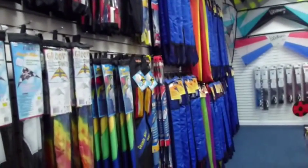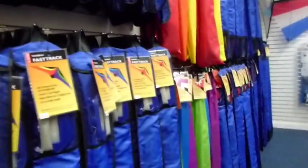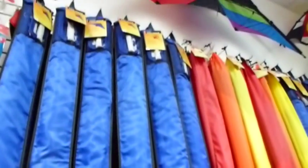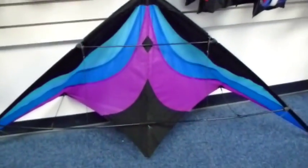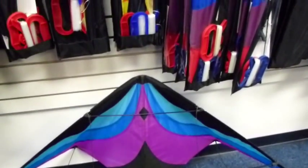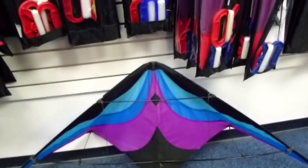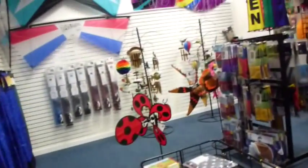And then we've got our own sport kites, including the Fast Track, which is definitely our best-selling kite. A little bit difficult to see them up on the wall when I'm up close like this, but there's a great example of the Fast Track right down here on the floor. This is a very durable $39 kite that comes with line and handles. It's got a solid spar up the center, so it'll take a beating from when beginners try to pound them into the ground, but it's also very maneuverable, great performance characteristics, and works very well for intermediate kite flyers as well,